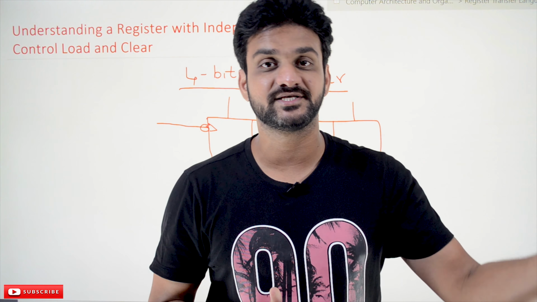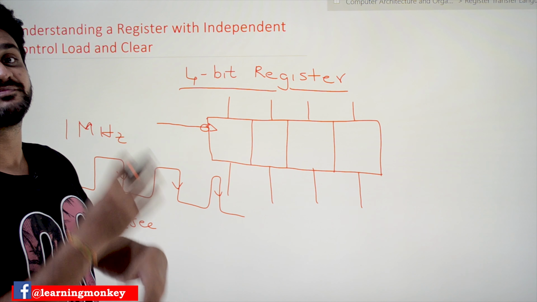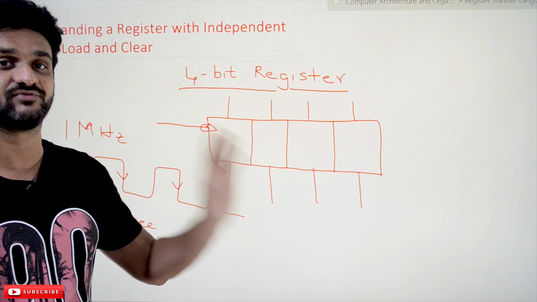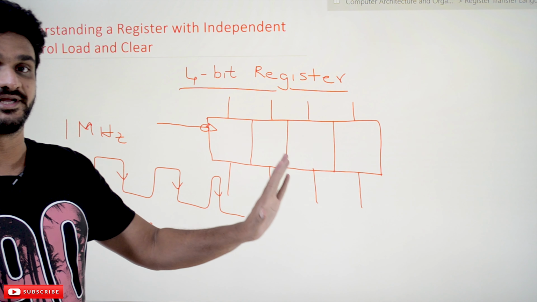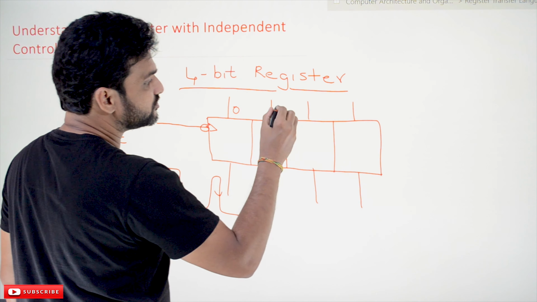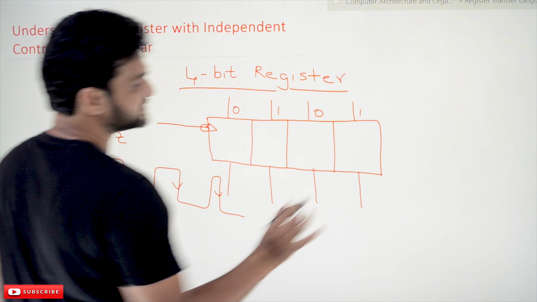So now the clock is provided and the speed of the clock is 1 megahertz. The clock will continuously generate its signals irrespective of the system. The entire device will be provided with one single clock, and all the components will receive that clock continuously. Now we have an input of 0, 1, 0, 1.